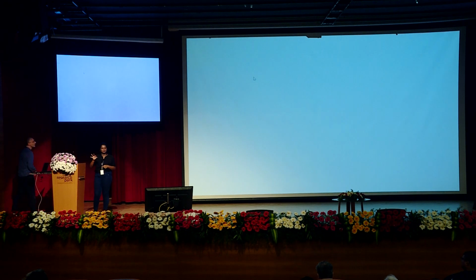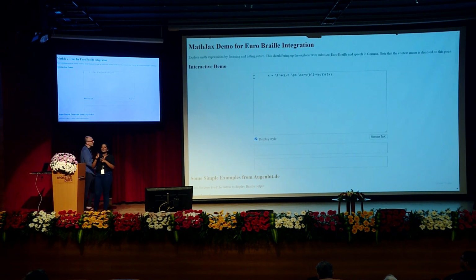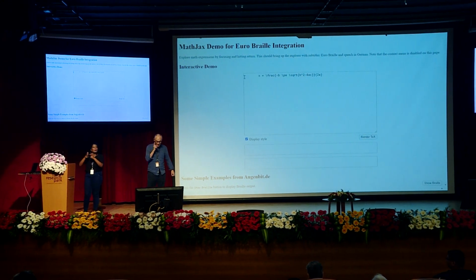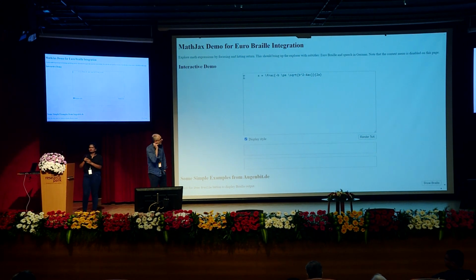So I've been working with people in Germany. In Germany and some other European countries, Slovenia is another one, they're going a different direction with the Braille over the last 20 years or so. In many places, you would teach children a particular dialect of Braille in order for them to be able to do mathematics. For instance, in the US, it's Nemeth, and I know that in the UK, there used to be some Braille dialect, which I think is now superseded by UEB.